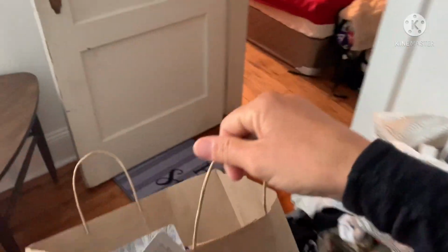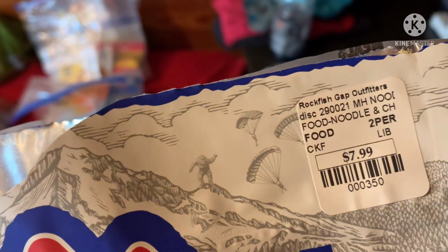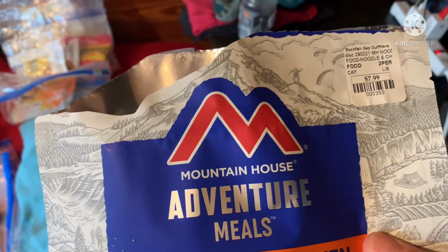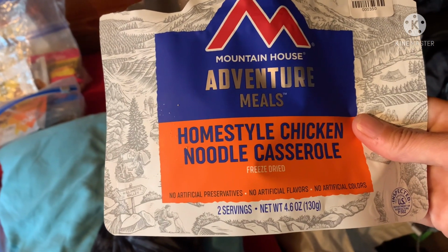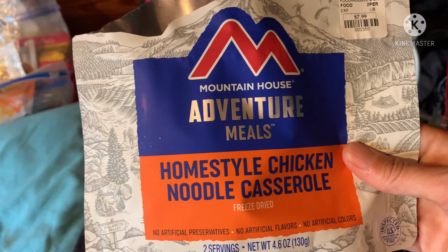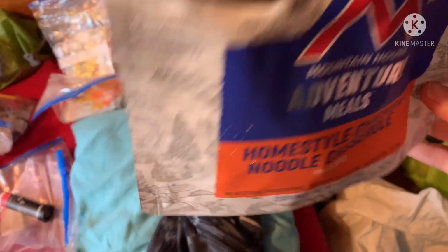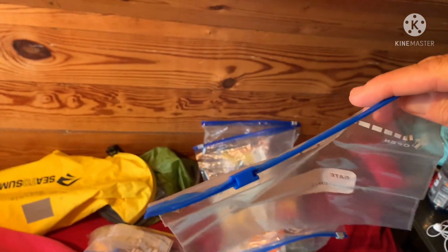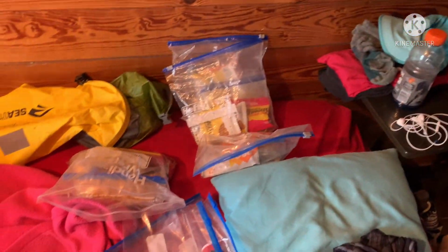So when you buy your stuff for resupply, I mean, not everyone does this, but for example, these are cheap. Usually like $10 or $12. I don't know if this one's even good because they didn't have any spaghetti, which is my favorite. Anyway, I take it out of that packaging because it's pretty large and heavy, and I put it in this freezer bag. And so all I do is heat my water up, not to boiling, but just before. And so what I have here,